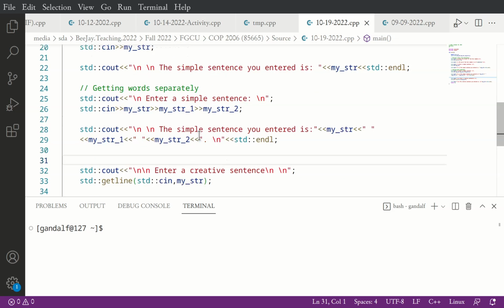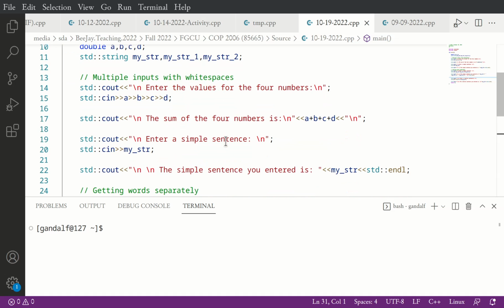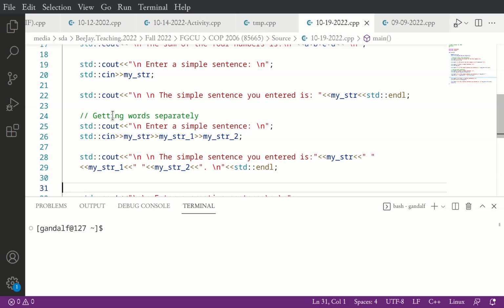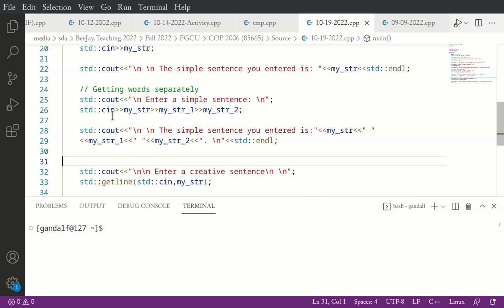So last time we defined strings, and I showed you how we can get multiple inputs, numerical inputs. You can hit enter and go to the next line, still get the input. However, when it comes to strings, each time we hit enter, it just closed.